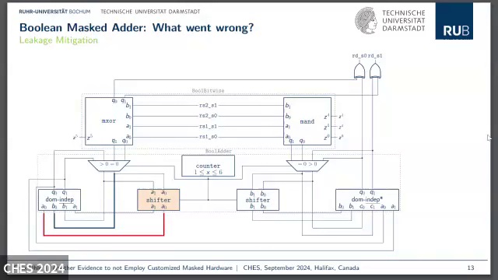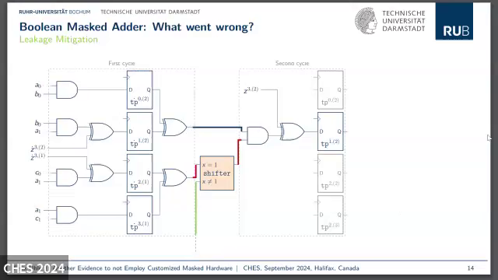The reason for the leakage here is that the outputs of the DOM-indep module are directly fed back into the input of this module, and there is no register stage between. And this allows us to access paths or combinations of output bits of the previous iteration, which are not used for computation but are accessible by glitches. And here we have an example. When we are in the second cycle, we can access by glitches the inputs which are used for the first cycle computation.